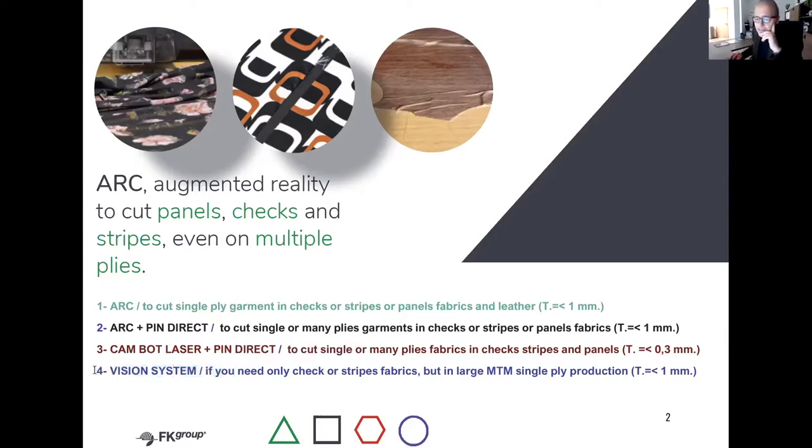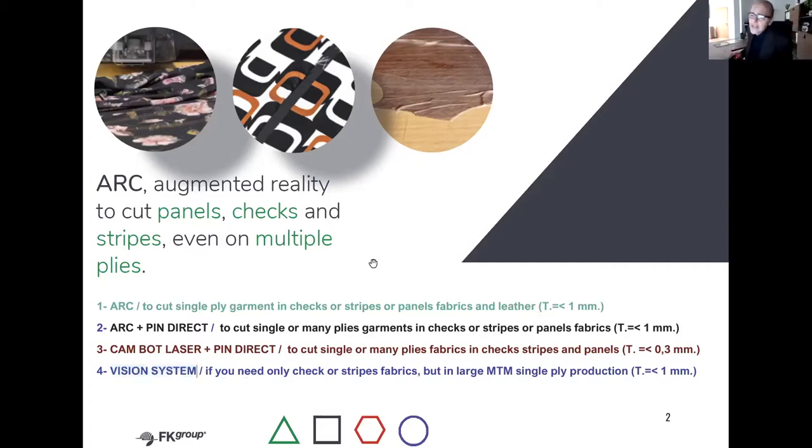In this situation, if you need check, stripes, but in large made to measure single ply production, you need vision. The vision system was developed with our partner. It's not direct. It's patented by our partner. It's developed very near the UK by one of our partners.